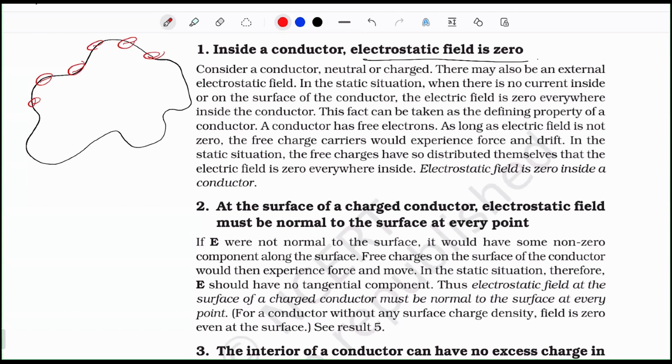As long as the electric field is not zero, the free charge carriers would have to experience some force, and so they drift. So the way the charge carriers distribute themselves is to make the electric field zero. Only then, since the field will be zero, none of the electrons will experience any force, and this would be an equilibrium